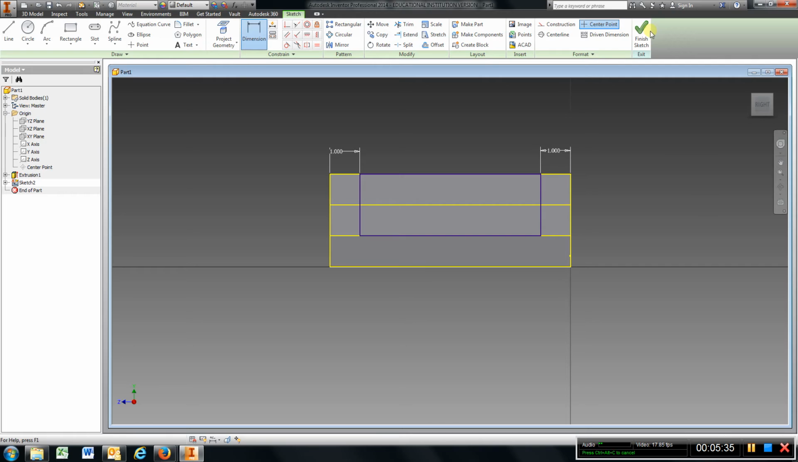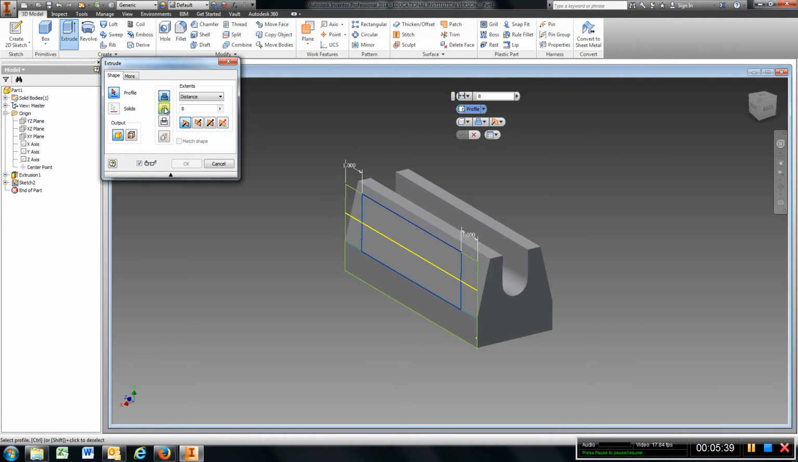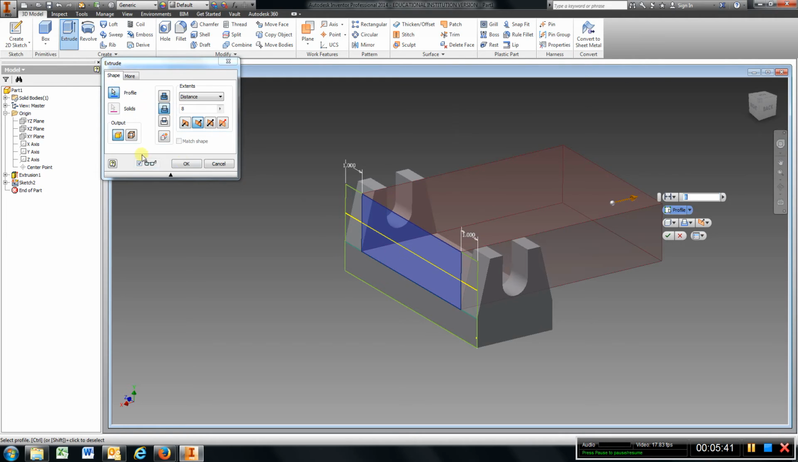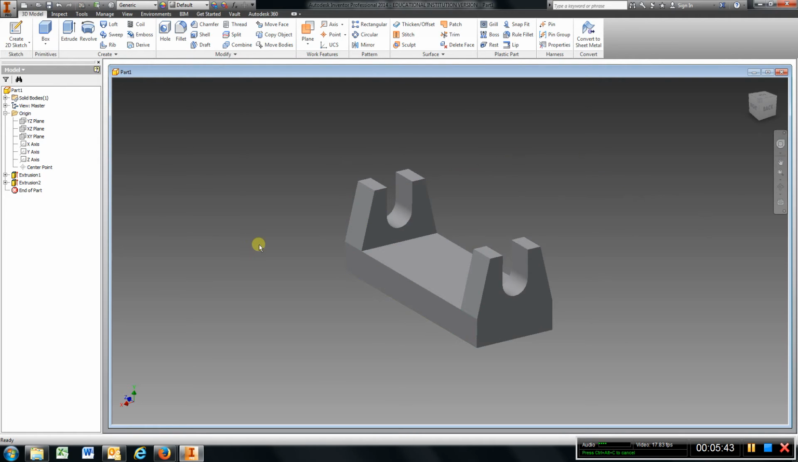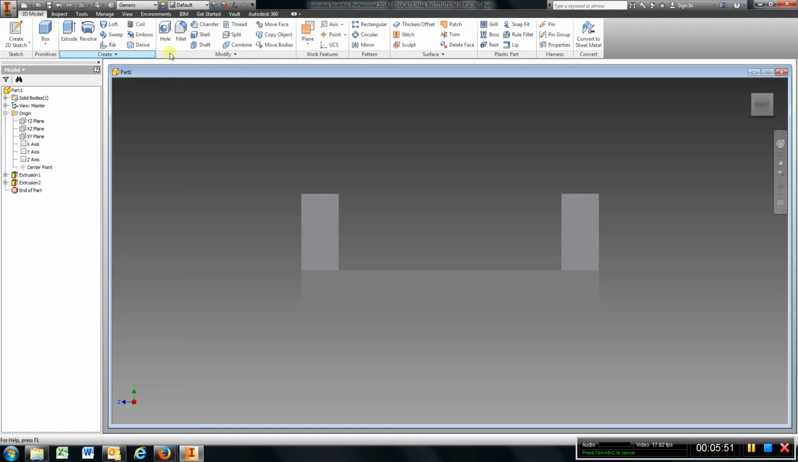And finish sketch. Go to extrude, cut, choose that, hit OK. Now I got that cut out. I'm going to have to add some more on the side here. So I'll put another sketch here,